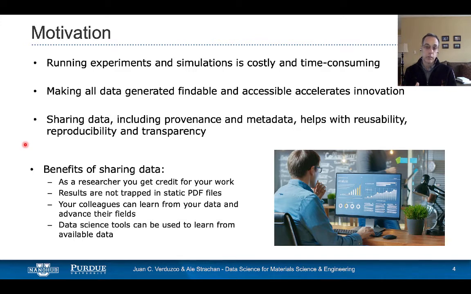And so that really stifles innovation, because finding data from which you can train models is a very labor-intensive effort, which shouldn't be. And so we're going to learn the importance of sharing data, including metadata, that tells us about the provenance of that piece of data. And the benefits are that it would really accelerate innovation. People will be able to build on your results quickly. Maybe results that are not useful for your own publication are useful for someone else that's interested in a different topic.